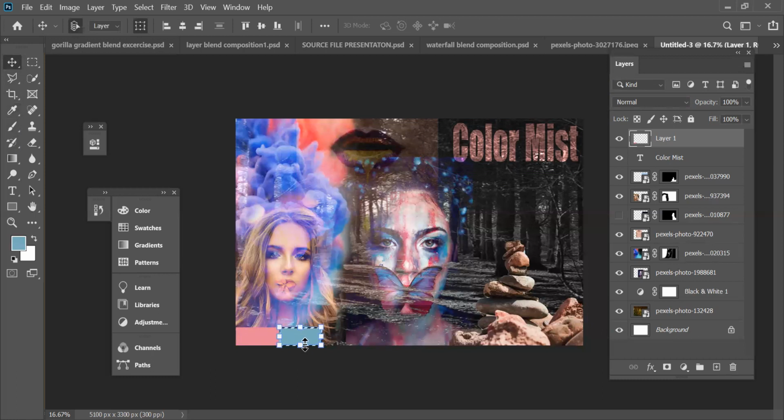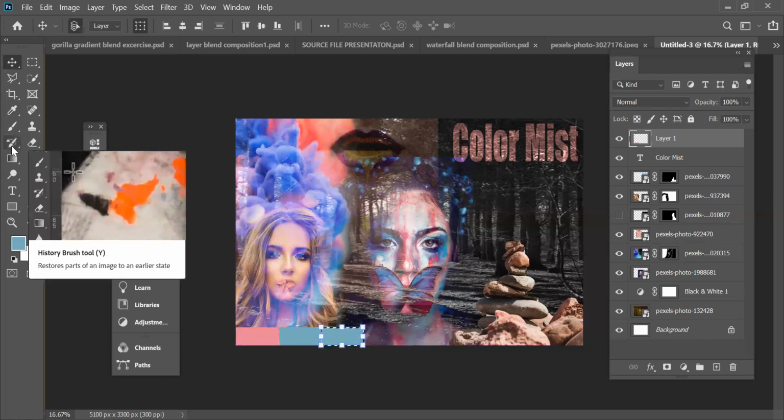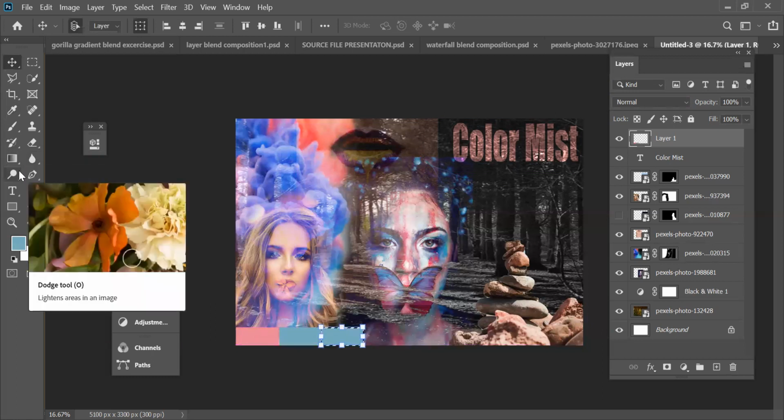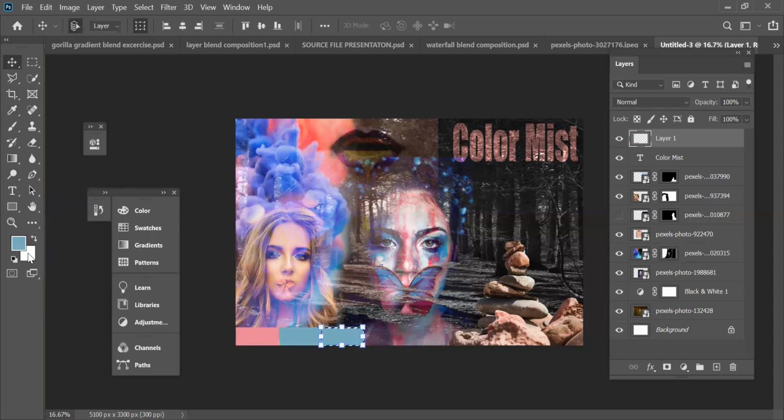Are you guys following me? Yes, ma'am. And what is alt backspace for? Okay, alt backspace is, see, you see a foreground and a background color. So I have a foreground which has blue in it and I have a background which has white in it. If I do alt backspace, it will give me a blue color.